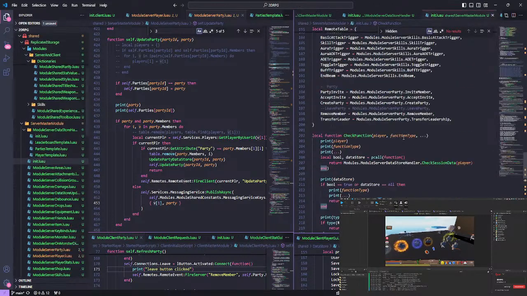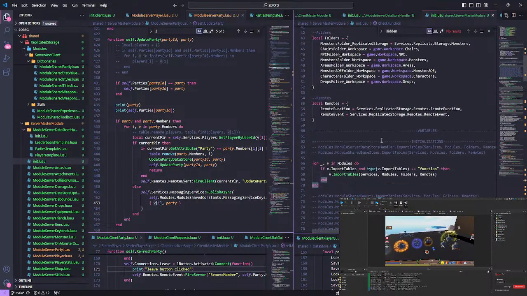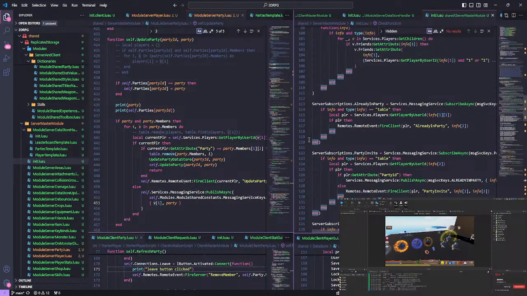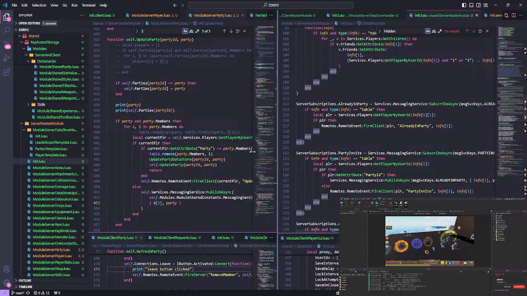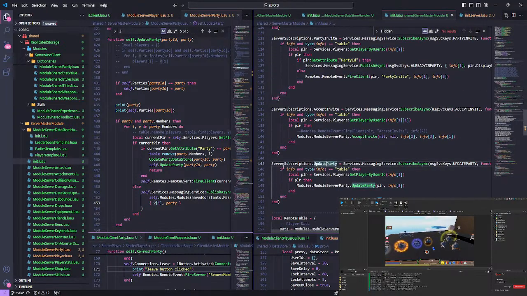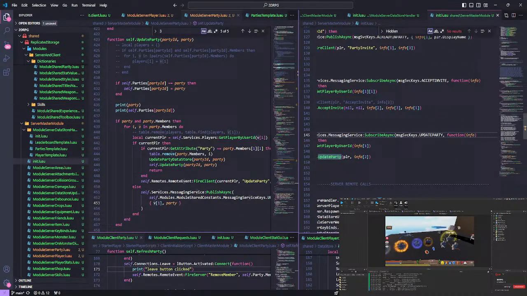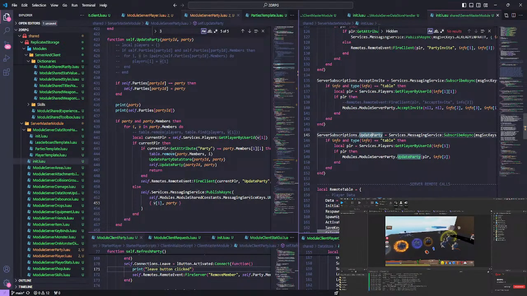Is this the one? Yeah, I think. Yep. Go to update party. This should be the one that's used most often, honestly. We check to see if the player is here. If the player is there, then